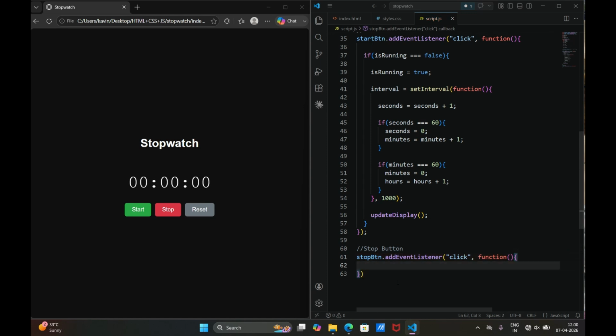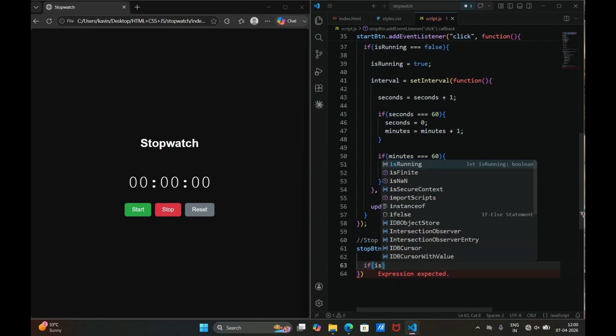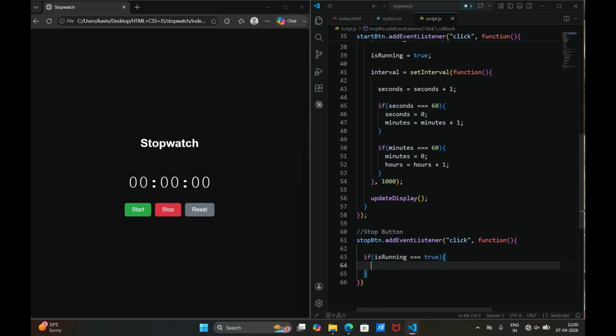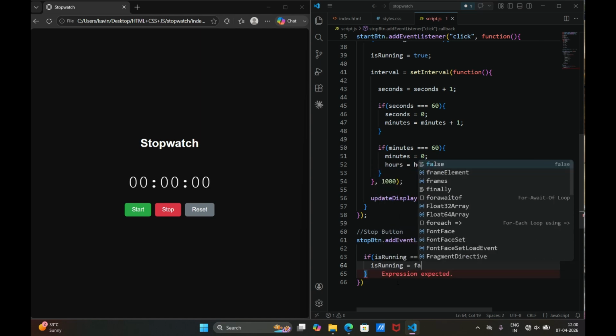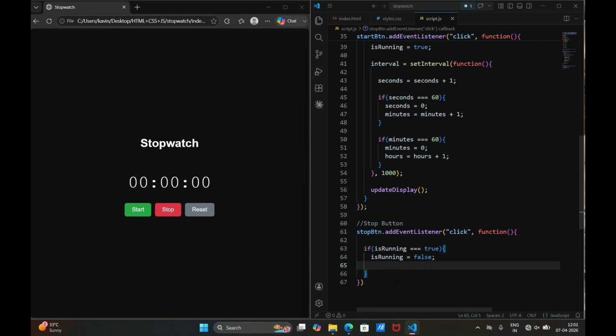And inside that function I am using if logic. That means we have to stop, so isRunning should be true by default. If that is true, we have to change the isRunning to false, and before that we have to clear the interval too,